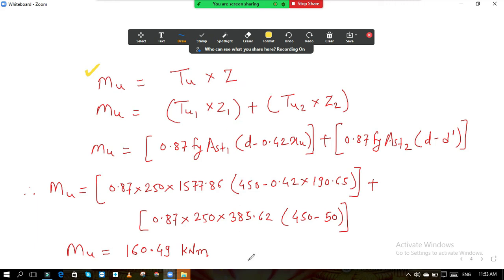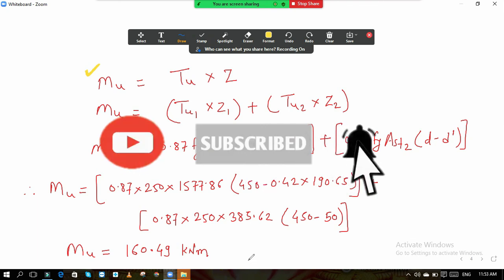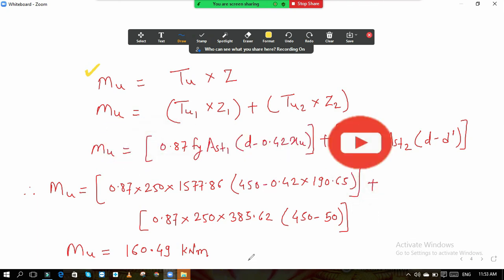Okay, now you do one thing: see what I have taught you today in today's lecture for the doubly reinforced section. See these steps and try to understand them. Tomorrow we will solve one or two problems so that it will get clear. And still if you have any difficulty, you can ask me by WhatsApping me. Just WhatsApp me if you are having some difficulty.